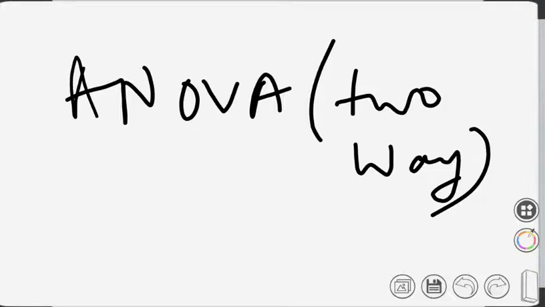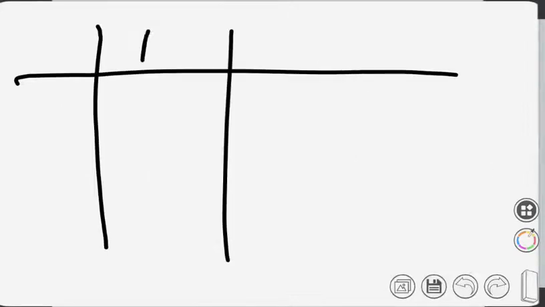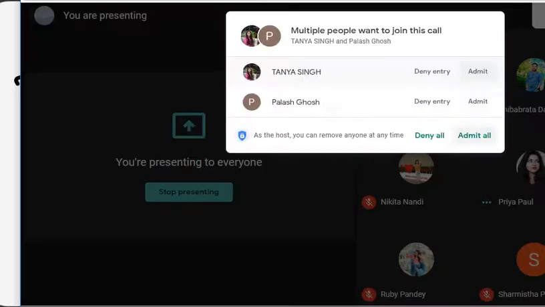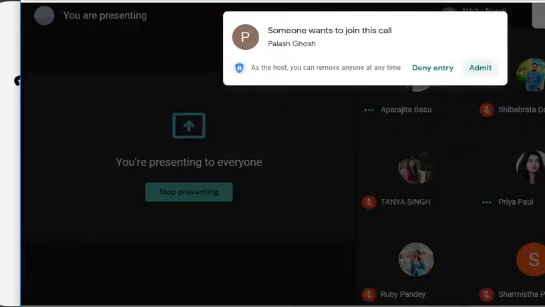Two-way ANOVA. Please tell me the data that we gave in the morning class, the data about the plots and the manure. So plots A, B, C, D. There are four plots, right? Yes, sir. A, B, C, D, and this is the data for yield. Yield data for different plots.